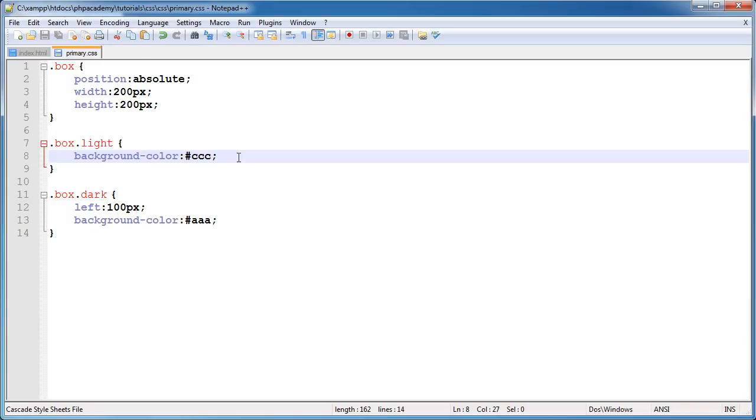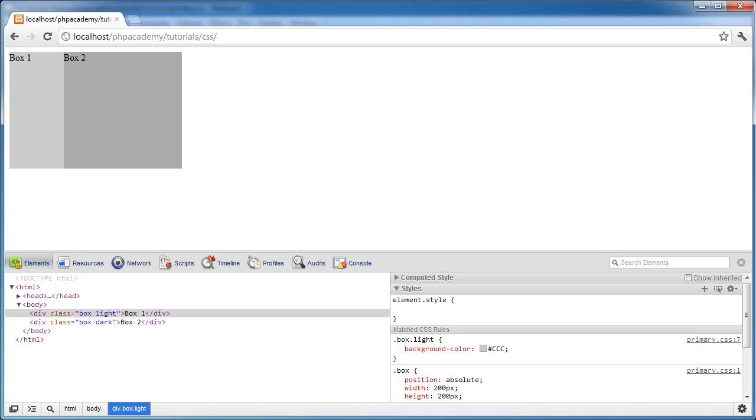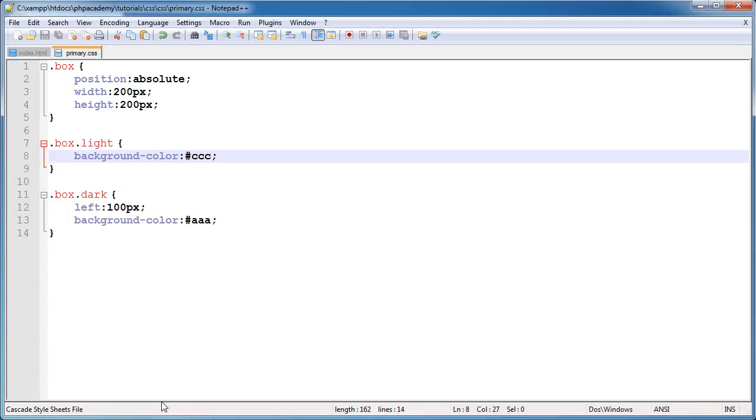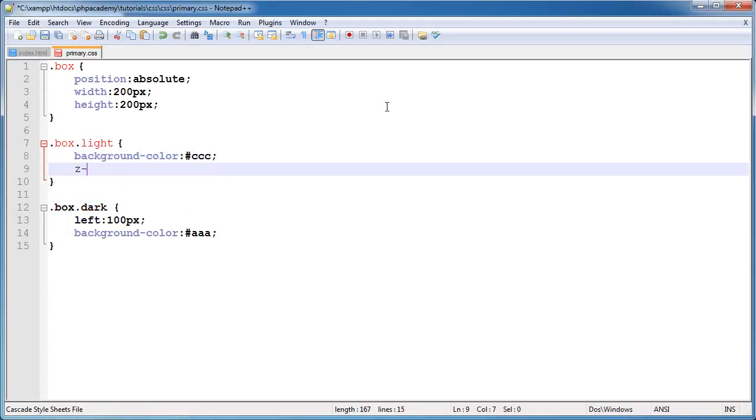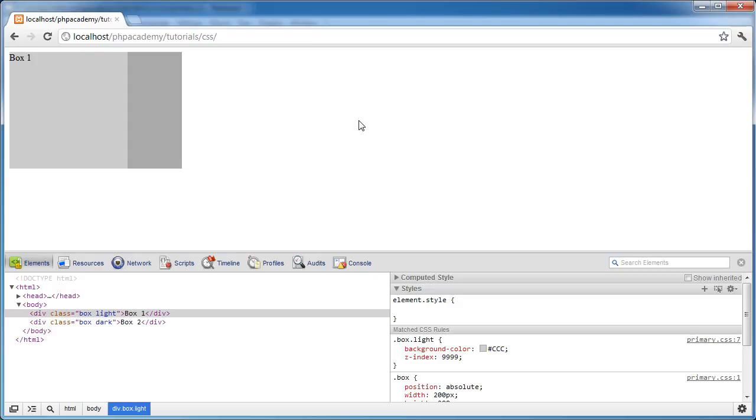If you ever see Z index 9999, that probably means that there aren't a lot of other elements on a page and someone just wants that element to be absolutely positioned on the top of the stack, or the most visible. So let's go ahead and make this lighter box element in front of this darker box. Now I'm going to use the Z index property, and I'm just going to set this to 9999. Okay, and you'll notice that when I go ahead and refresh,